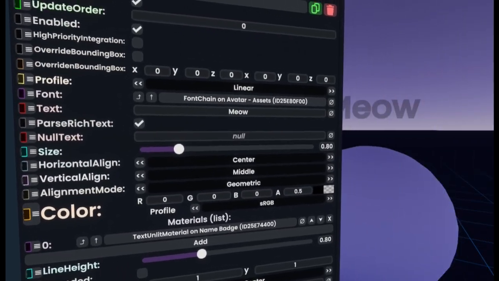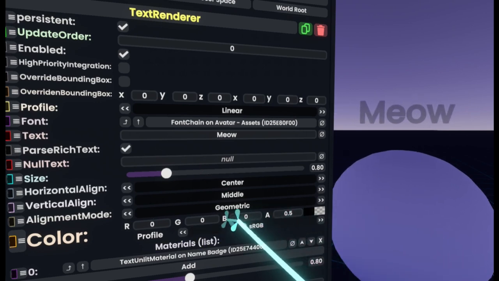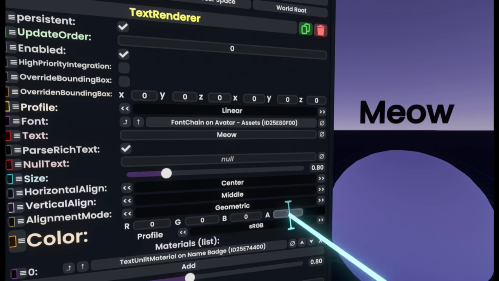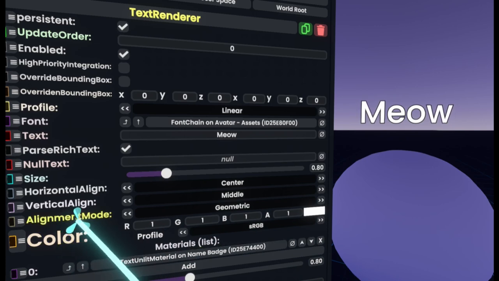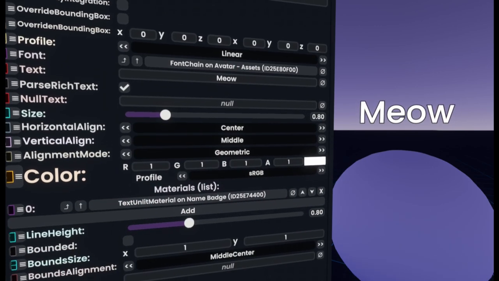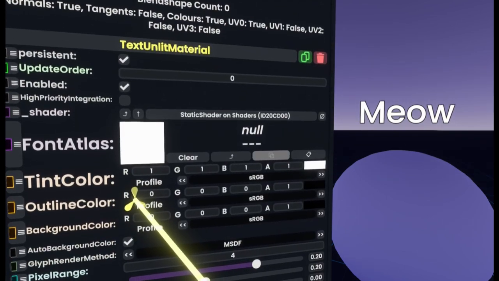I'm going to move this a little bit closer so you can give it a better look. There we go. Now we just have one component visible at a time. So I'm going to reset this to be a 1 by just clicking it and changing the number. And we'll change this, and this to 1 as well. So now it's white because we changed the RGB value to 1. After doing this, we scroll further down and we can see here that we have the text onlet